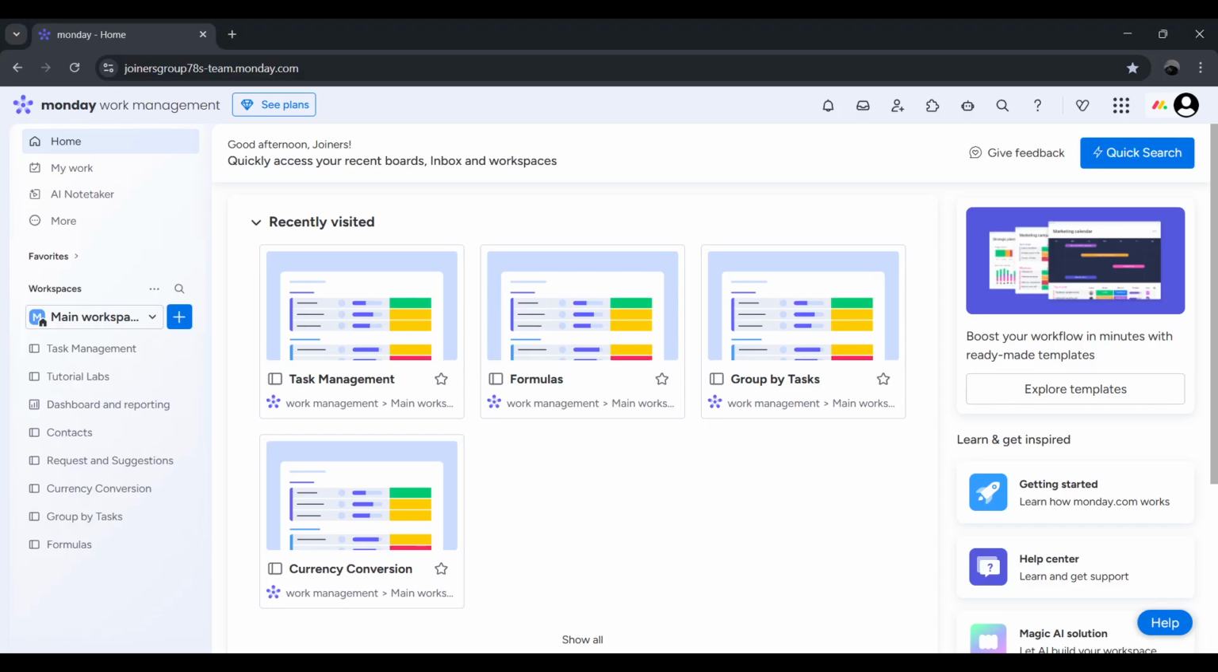Today, I'm going to teach you how to duplicate automation workflows in Monday.com. This is incredibly useful when you want to create similar automations without building them from scratch, saving you time and